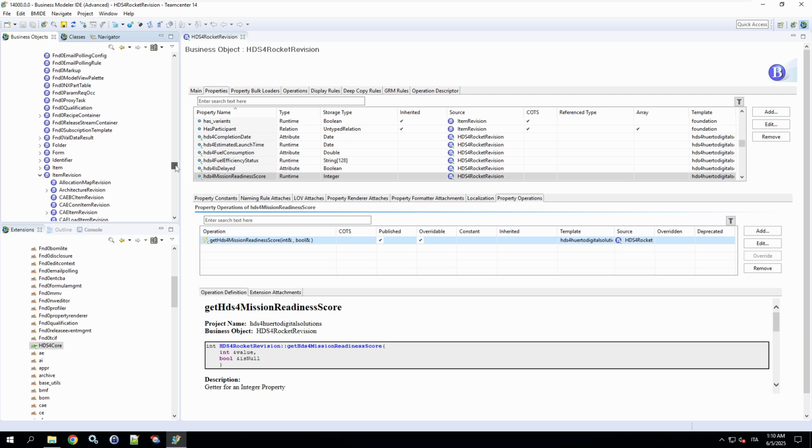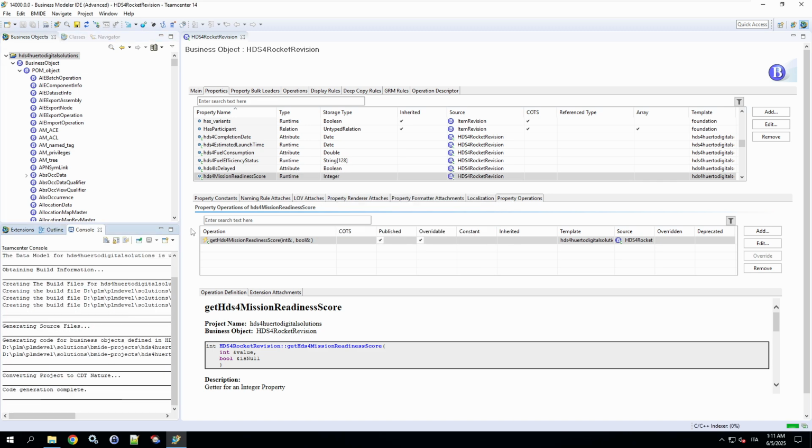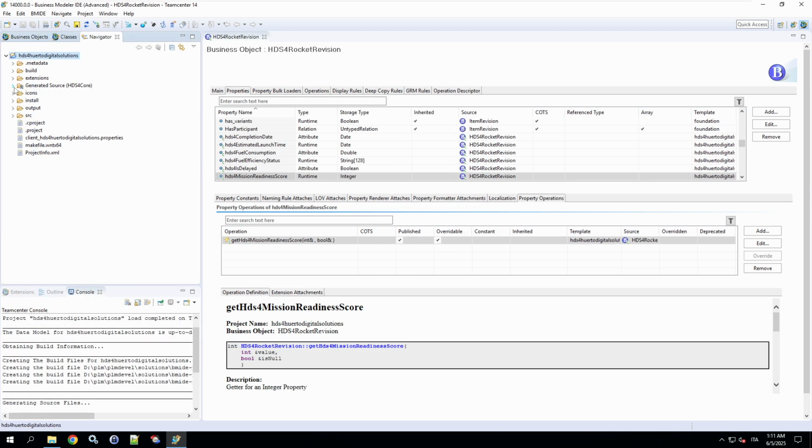With our runtime properties defined, let's generate the code. In the Business Objects tab, select your project, right-click and choose Generate Code C++ Classes. This creates automatically generated files in the Output Generated HDS4 Core folder, which Teamcenter uses to integrate your code, but don't edit these files.